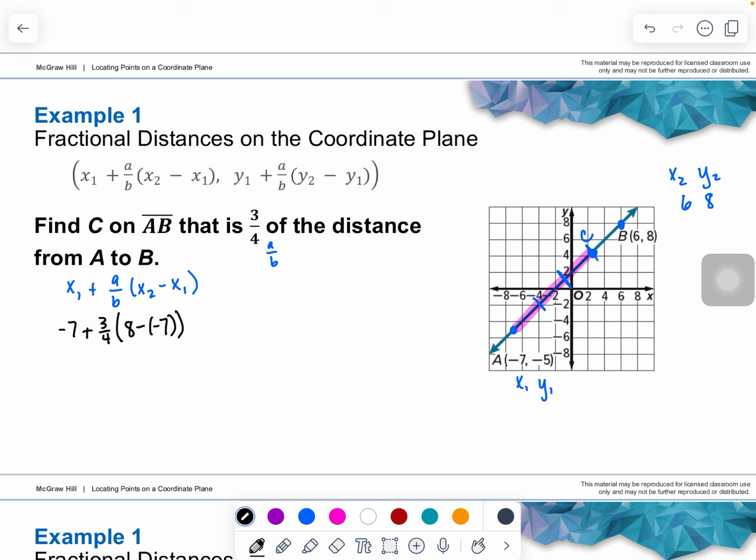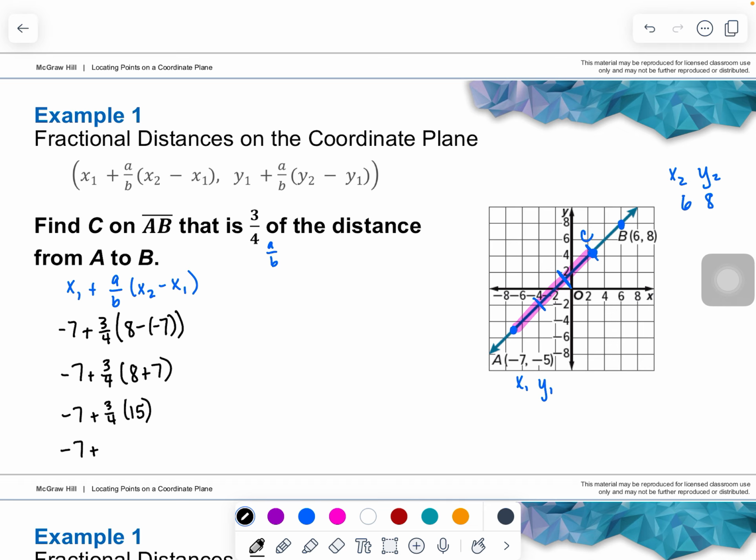There we go. And now let's work our way down on that one. -7 plus 3/4, and let's go inside the parentheses. 8 minus -7 is the same thing as 8 plus 7. Then I'm going to go -7 plus 3/4 is going to be 15. All right. And then we end up with -7 plus,